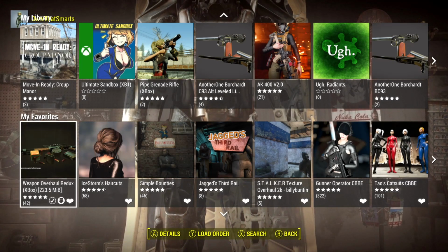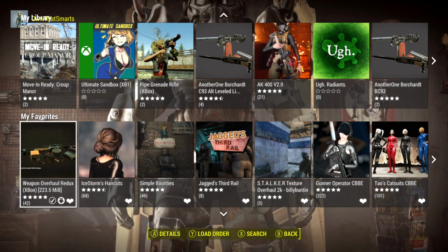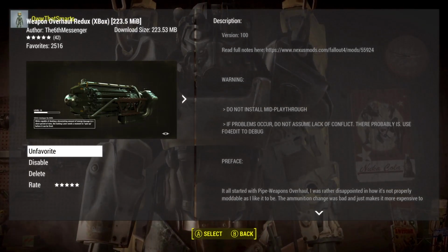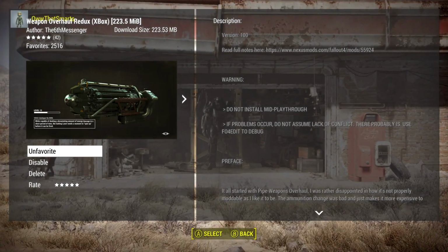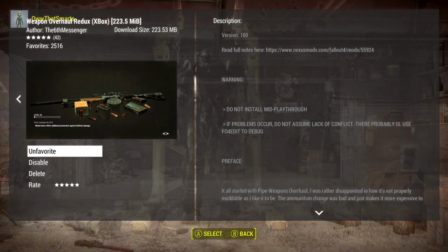Hello, hello, hello. So I want to look at this Weapon Overhaul Redux or Redo. It is about 224 megabytes. It's from the 6th Messenger. Now, they don't really tell you what they're overhauling or what they're doing for the weapons here, which is too